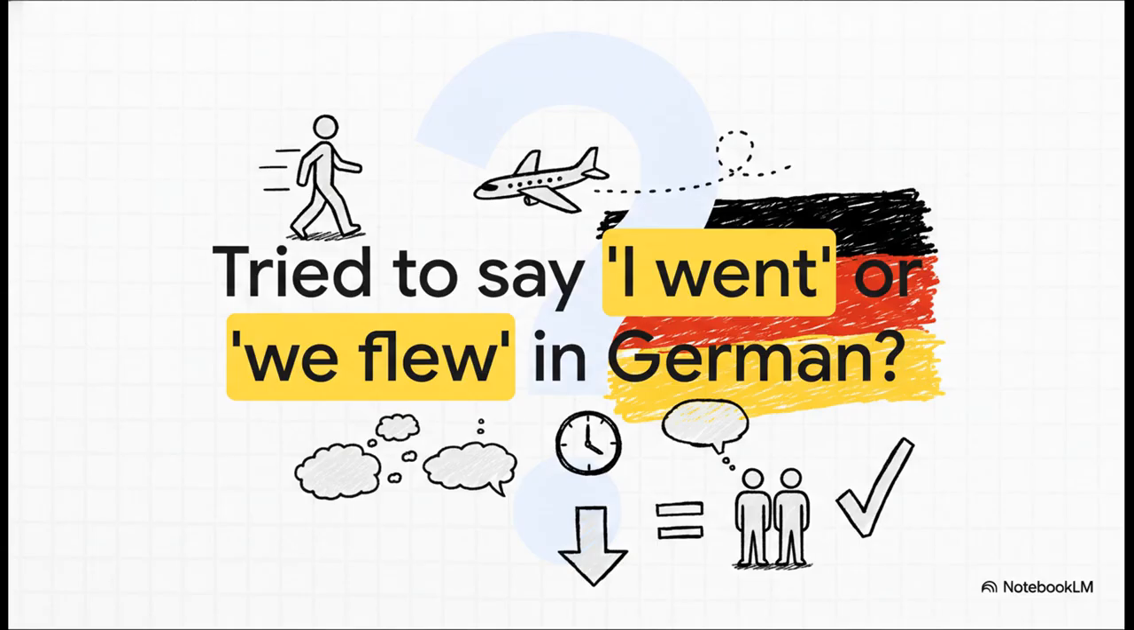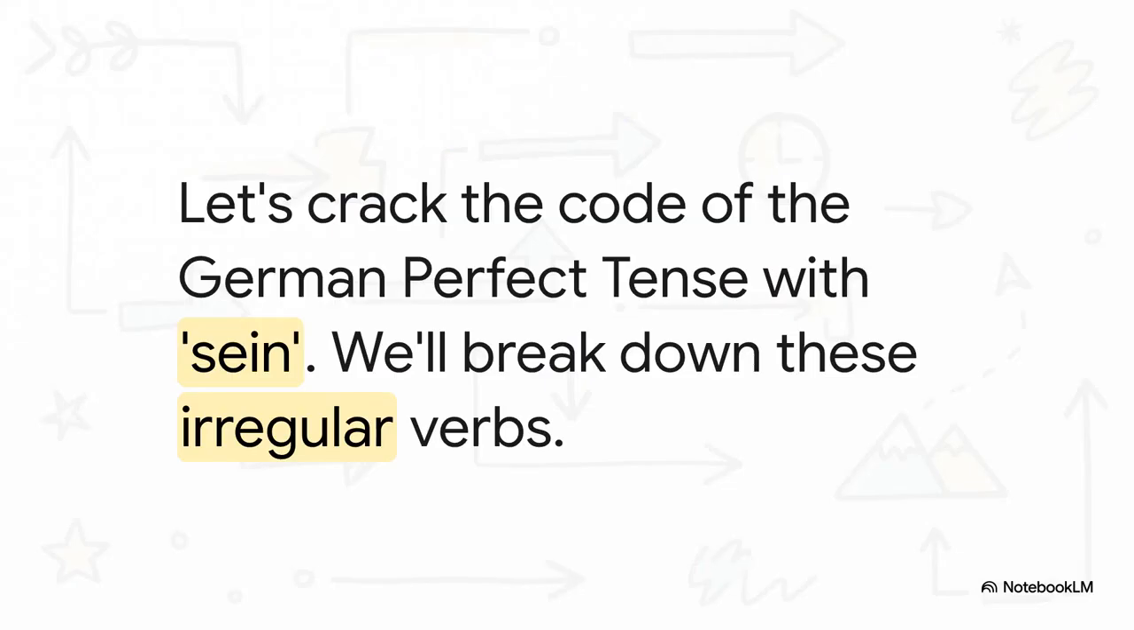You're trying to say something simple like I went or we flew in German, and your brain just freezes. Yeah, you are definitely not alone. It is a classic sticking point, but we're about to make it a whole lot clearer. I want you to think of this as our little code-breaking session. We're going to break down these irregular verbs into some simple, memorable patterns. And by the end of this, you'll see it's way less about random memorization and more about just recognizing the